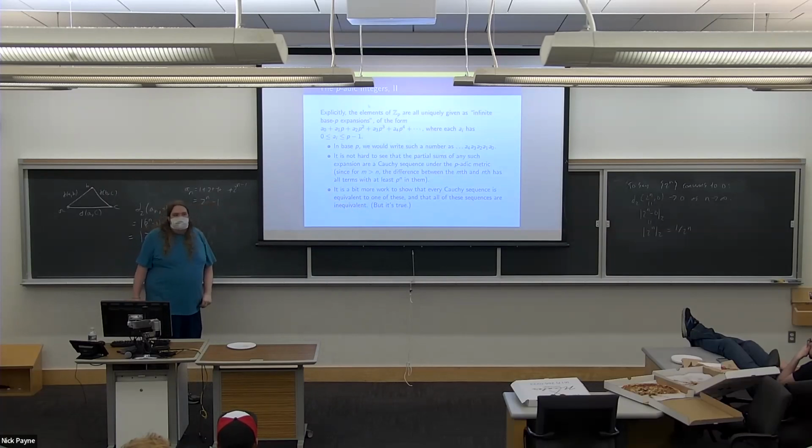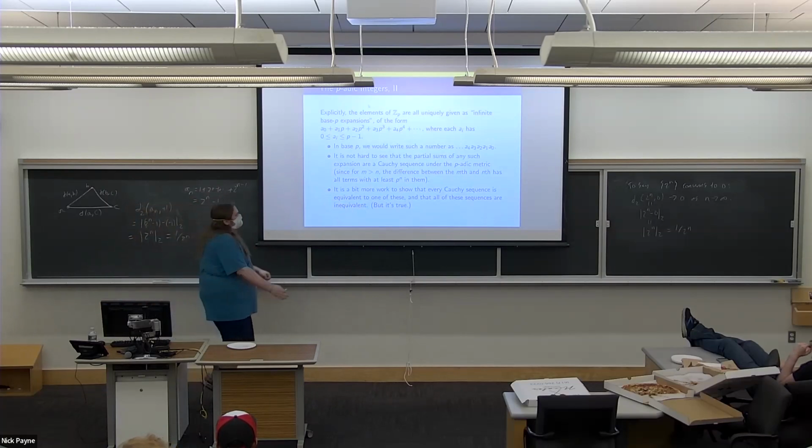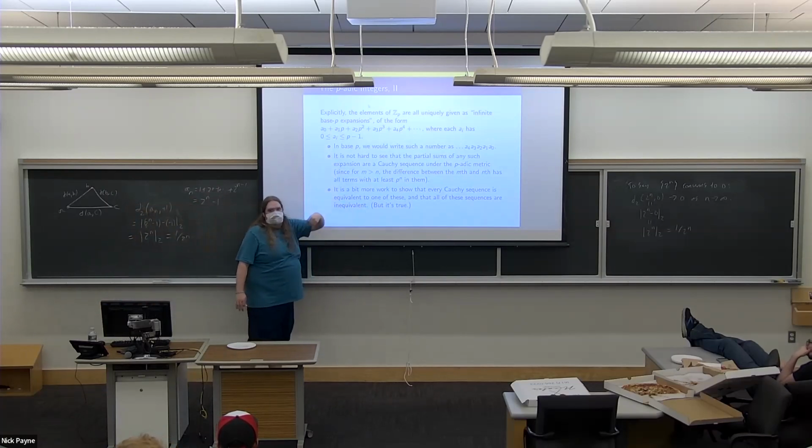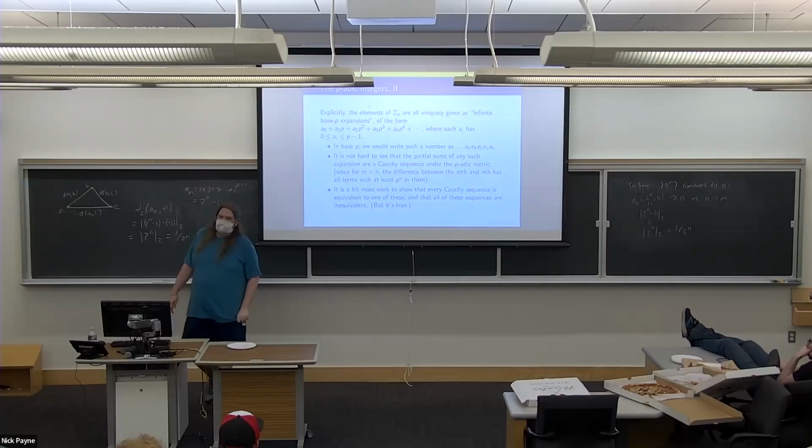So if you want to do this in the 2-adic numbers, it's just infinite binary sequences. Now, you can convince yourself, it's not so hard, that that is a Cauchy sequence. If you just take the difference between two partial sums, it's a bunch of zeros for a while, so the thing is divisible by a big power of P. And so the terms, if you go really far out, have to be really close because they all have big powers of P in the differences. So it gives you a Cauchy sequence.